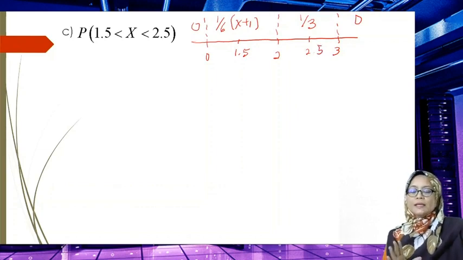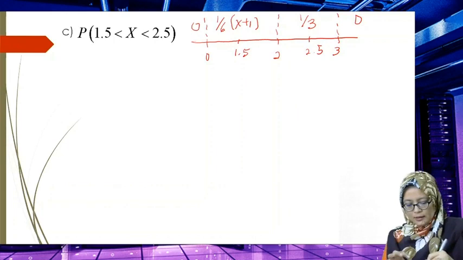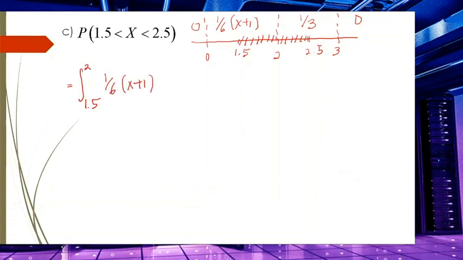Okay, so sekarang ni kita tak boleh langgar kita punya model untuk nilai tadi sebab 1.5 until 2 function lain. Ni function lain. So 2 to 2.5 function lain. So you tak boleh integrate directly from 1.5 to 2.5. So kena ikut dia punya interval, maksudnya you akan integrate daripada 1.5 until 2. So function dia 1 over 6 x plus 1 dx